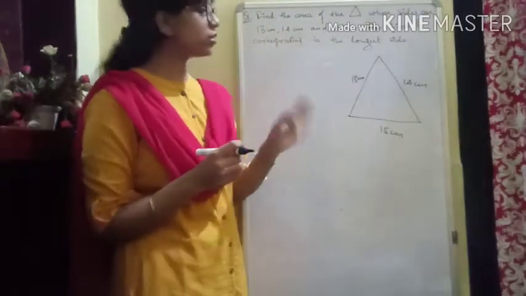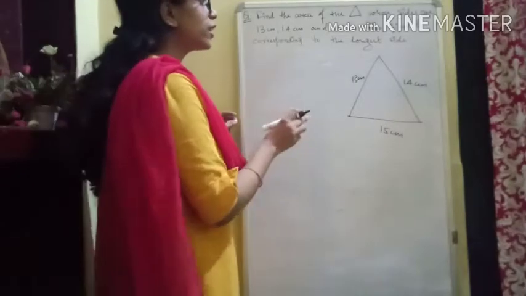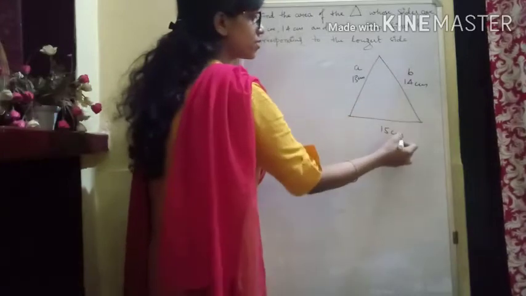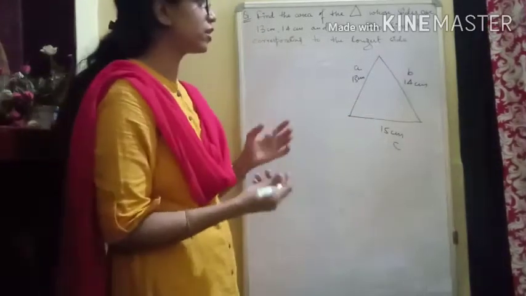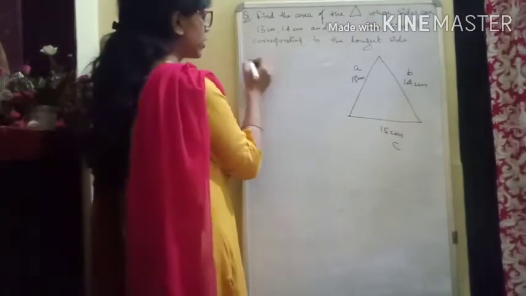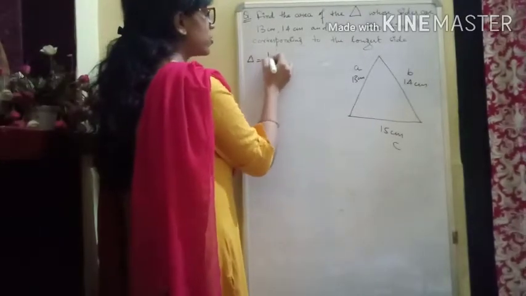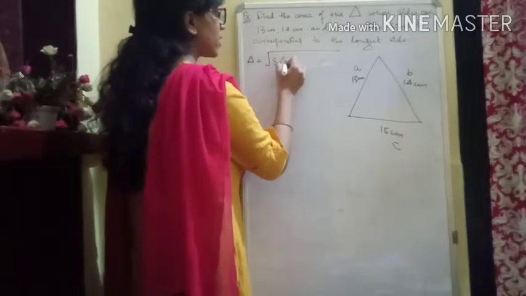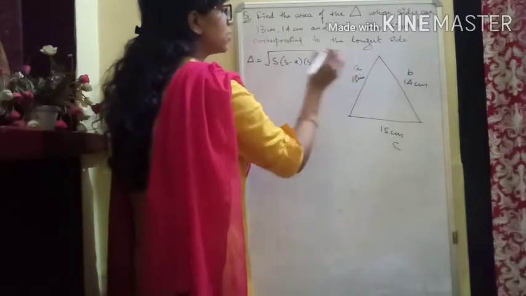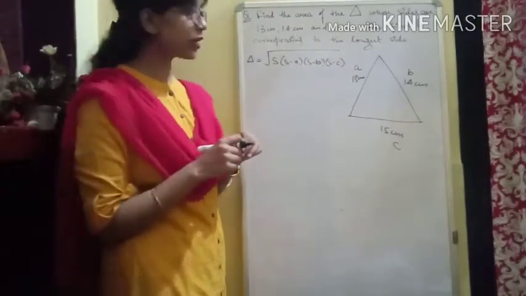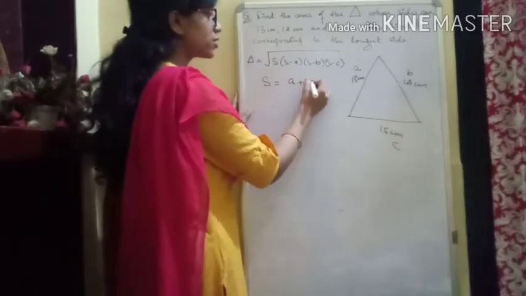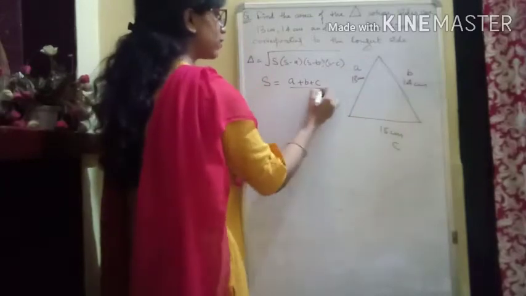There is a second part, we will see it later. Now to calculate the area, since the three sides are given, which we can take as a, b and c, that means we can simply use Heron's formula. We are not given the altitude, so let's use Heron's formula. We all know Heron's formula for area is simple: square root of s into s minus a, s minus b, and s minus c. What is our s? s is our semi-perimeter. To calculate semi-perimeter, what to do? It's the sum of all sides, that is a plus b plus c divided by 2.